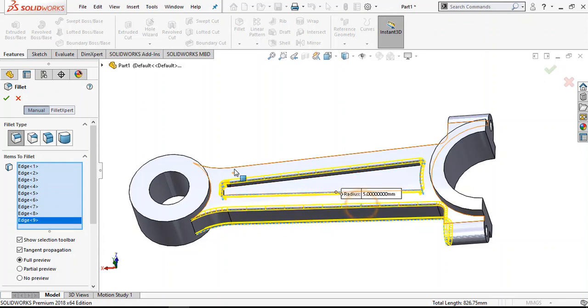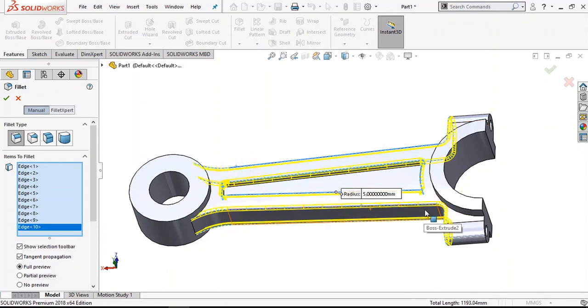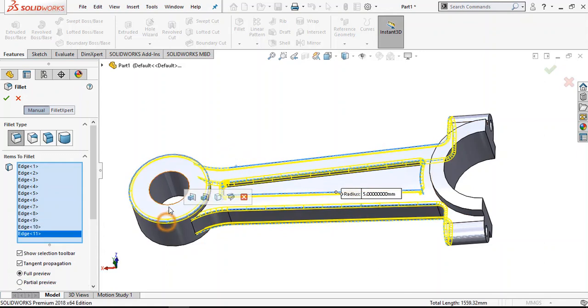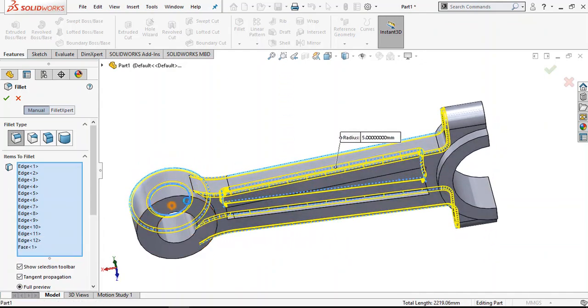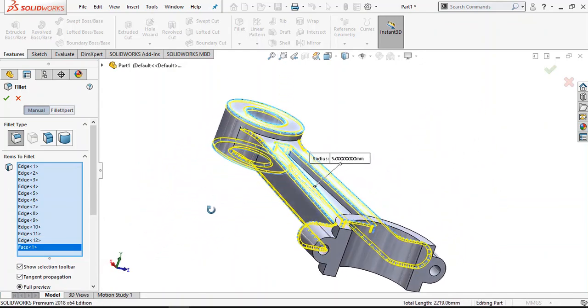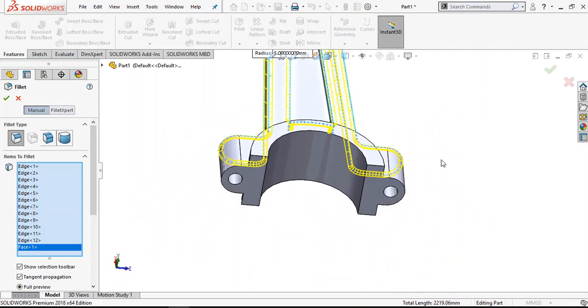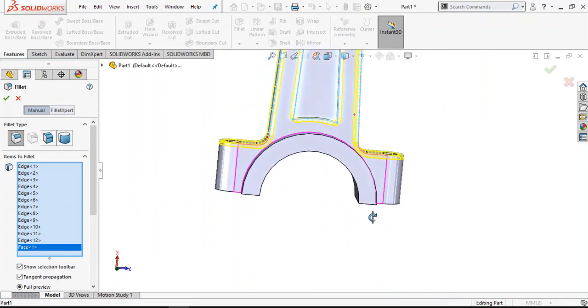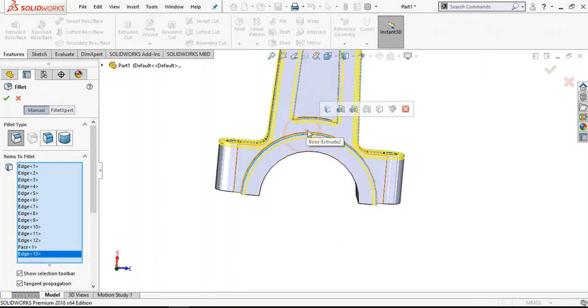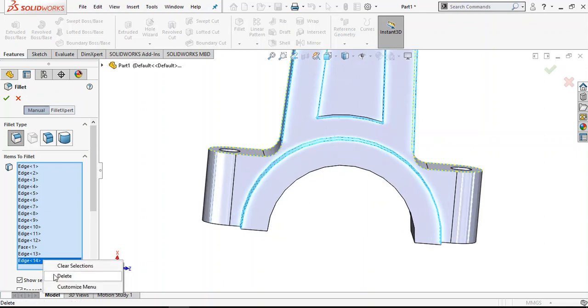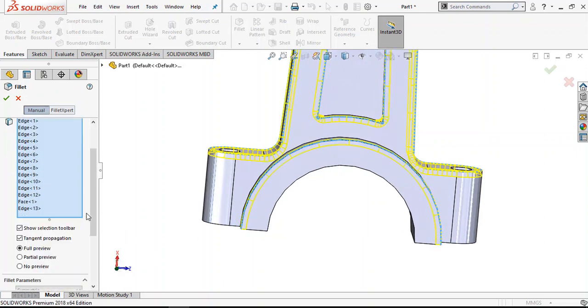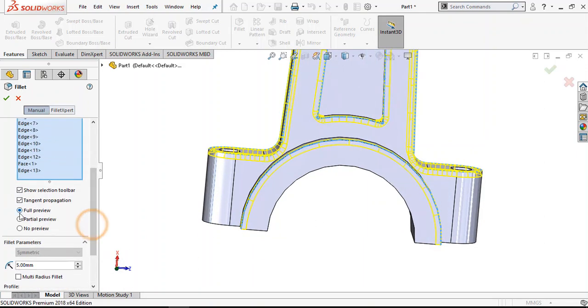This outer edge, select here full preview.